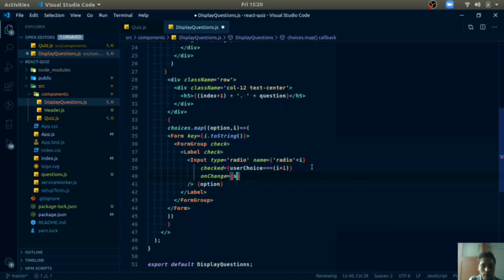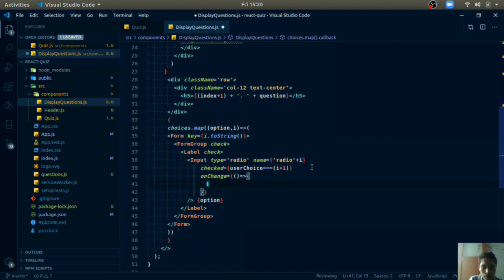We will call the function set user choice so that it will change the user choice. How will it change? We will pass the index and choice as we have created the function. So index will be index, and the choice which we want to change is I plus 1.